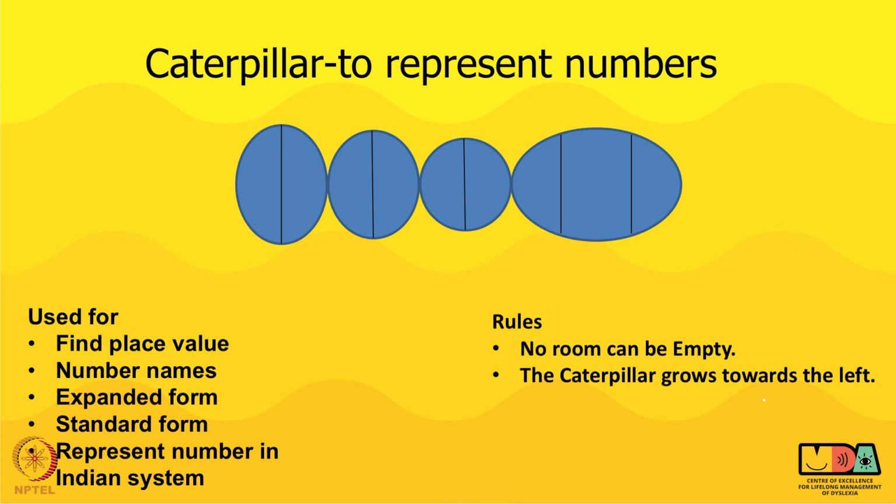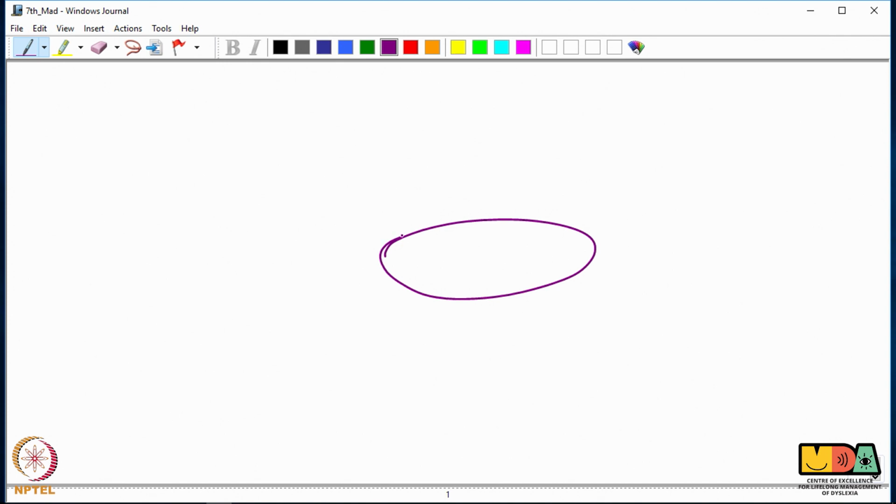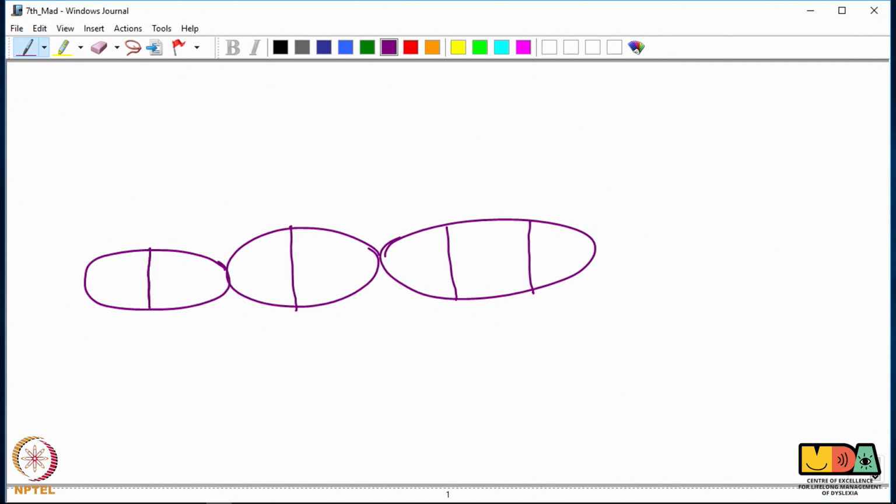When you start, do not give numbers. You just draw a caterpillar and ask the children to mark the sections. This is a tiny little caterpillar. How many sections will it have? 3. Please ask them to mark. And if the caterpillar grows, just add 2 more sections to it, or make them add 2 more sections, and ask them to make this caterpillar even bigger. Here we are not going to name each section, nor put in numbers. This will be step 1.